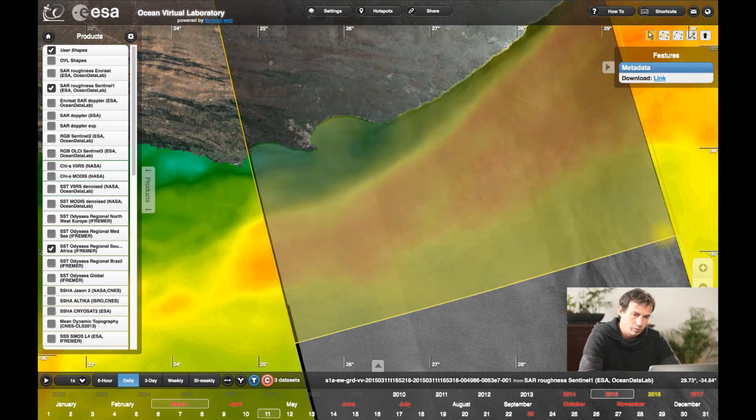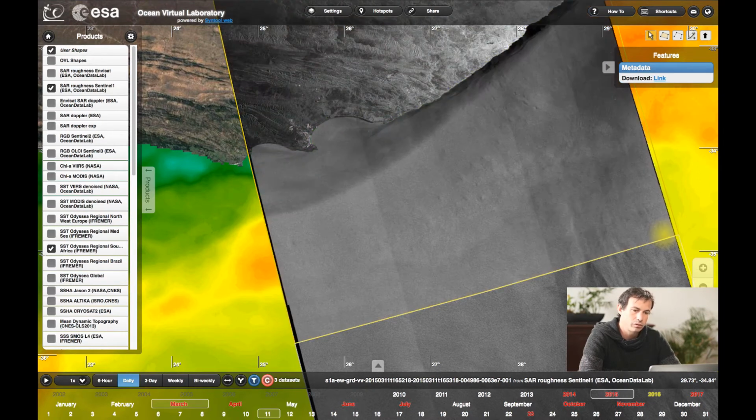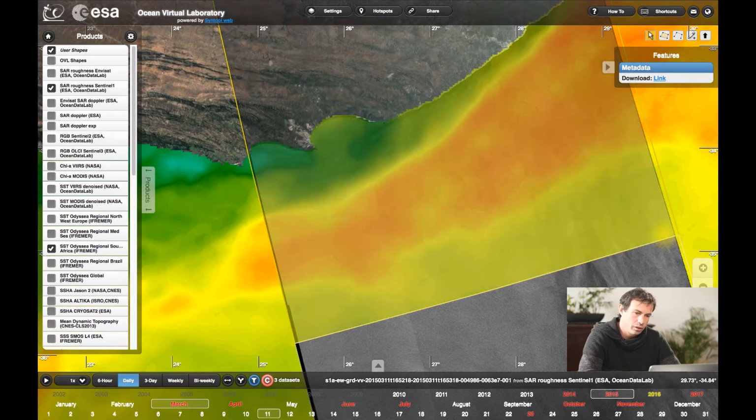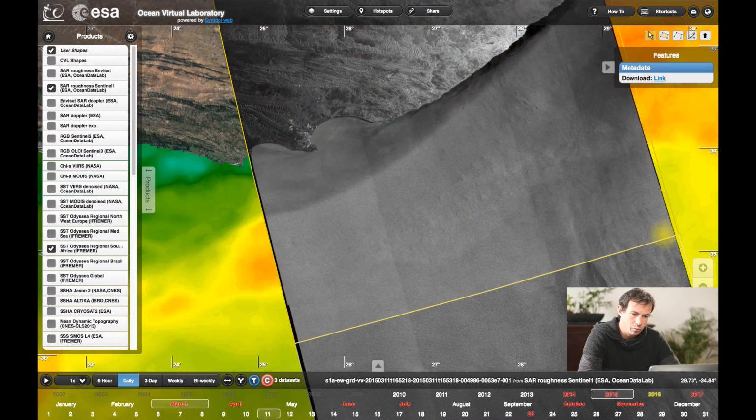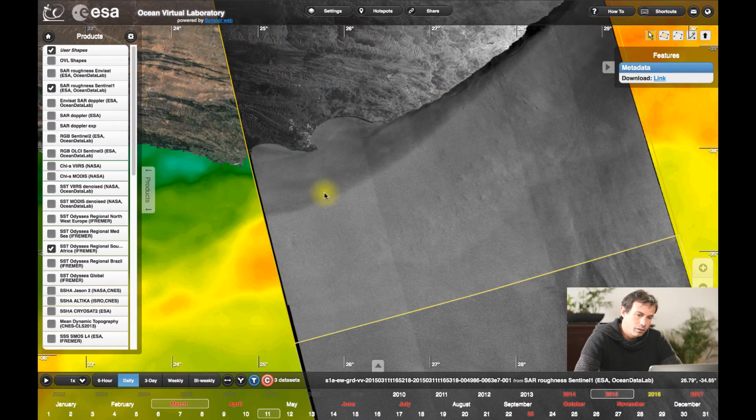So we can see that the actual limit boundary of the surface current is at the same location as the change in sea surface temperature. So this is clearly a warm current that is flowing from the northeast to the southwest of the South African coast.